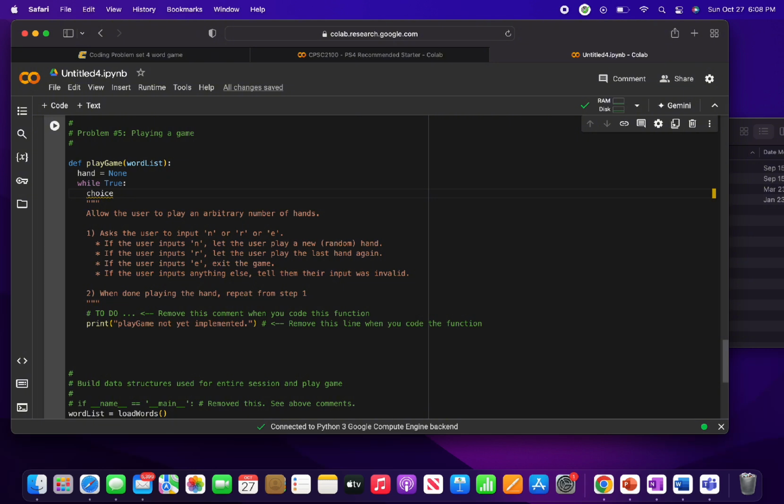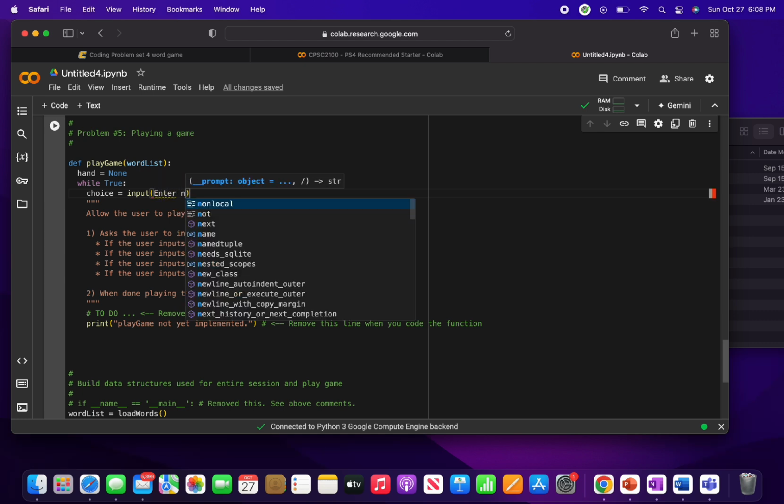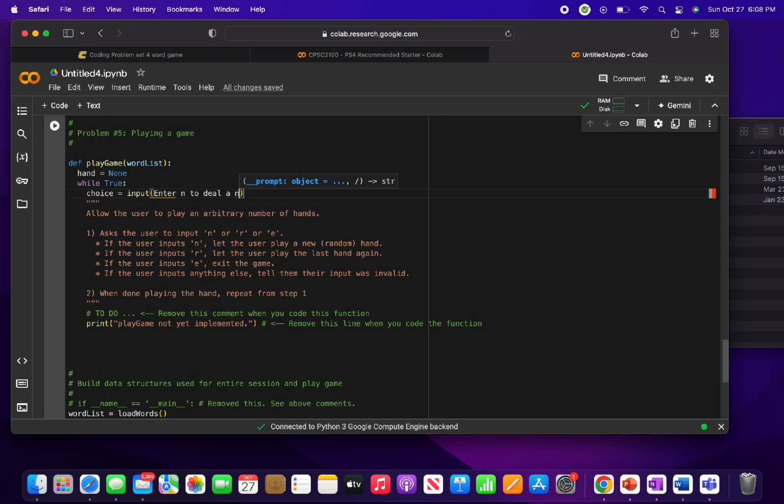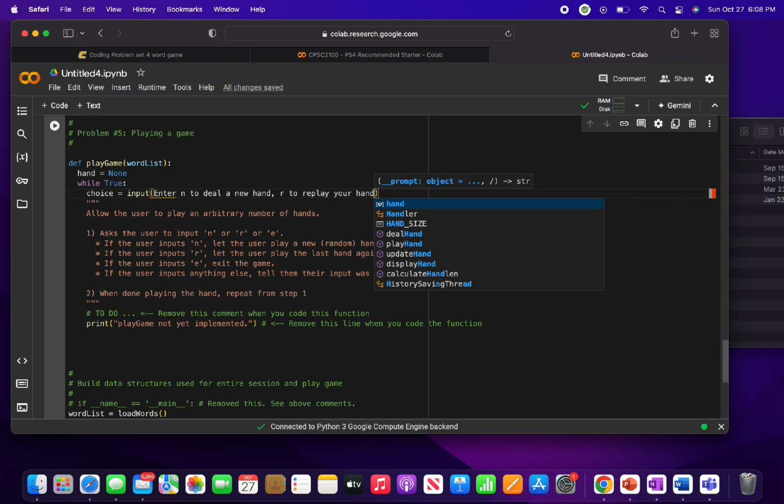And so then I create an if statement for the choice N to start off with. So under that if statement, I do hand equals deal hand, which is the earlier function, and then play hand, which is also an earlier function, and it runs both of them, and do an else if statement. So basically N is running the functions, and then if they input R, so else if choice equals R,